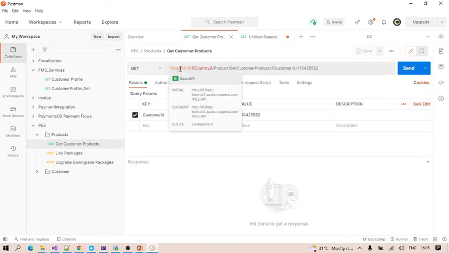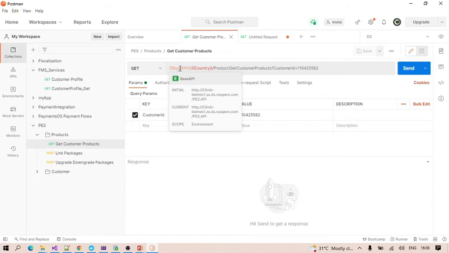Why are we selecting the environment here? The DS environment is for development. So we have something like psapi.development.com, no, not development.local or development.com. That will be considered here as the base API. But when we move to the staging environment, definitely our base API or base URL will change.